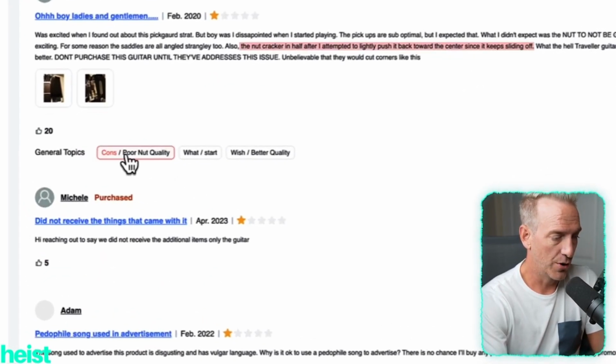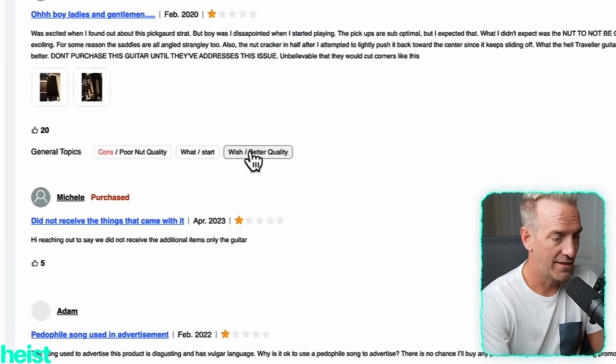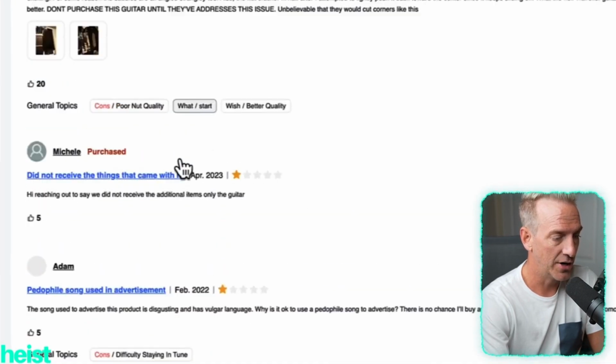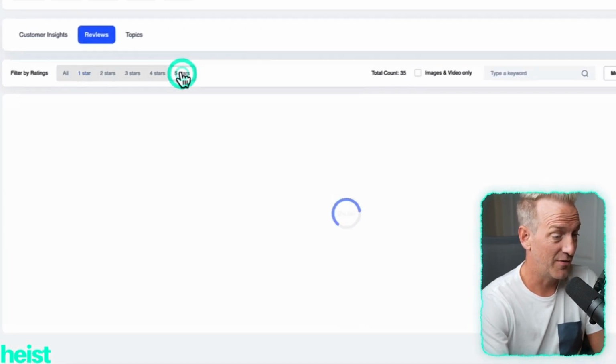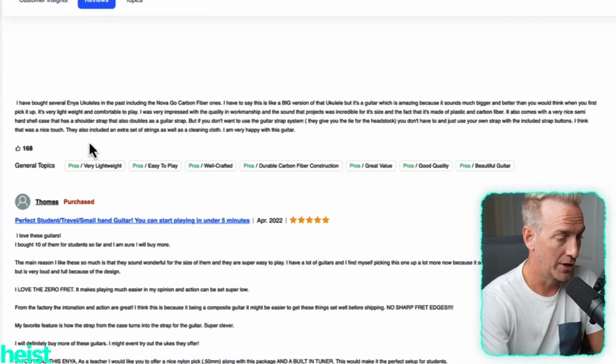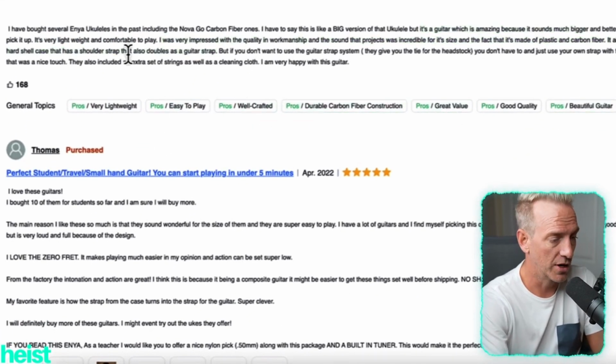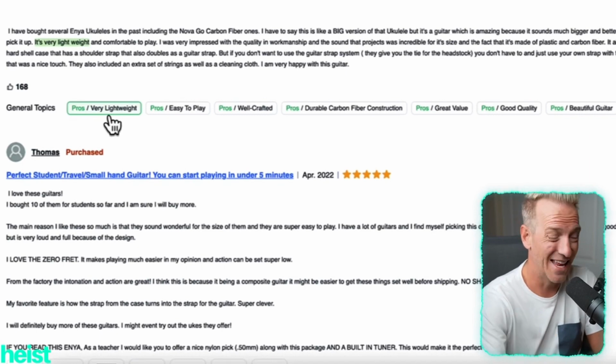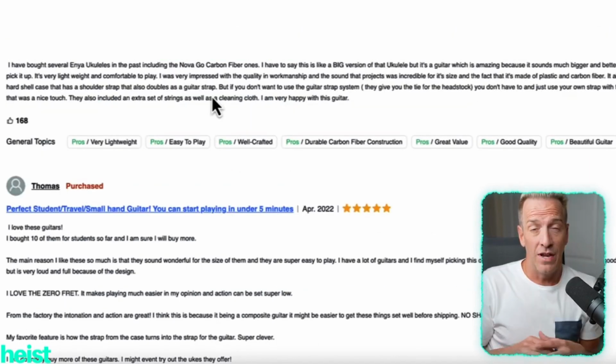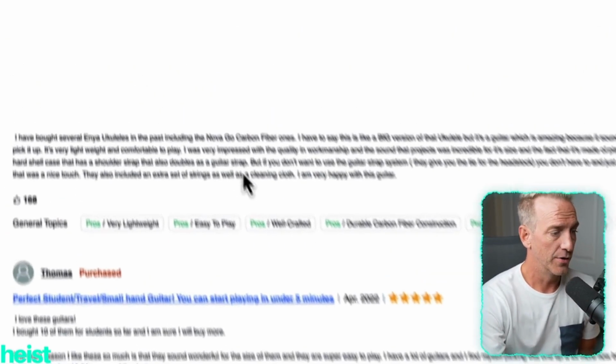It also has some general topics in terms of what were the key themes, pulling up the keywords here in some of the various listings. You can also look at 5 stars to see where they're actually doing really well. Again, the pros and any cons that they would have in the reviews are going to pull out here, and you can see what the actual sentence is where that sentiment exists. Now that's looking at all 4 ASINs here. There's a particular guitar